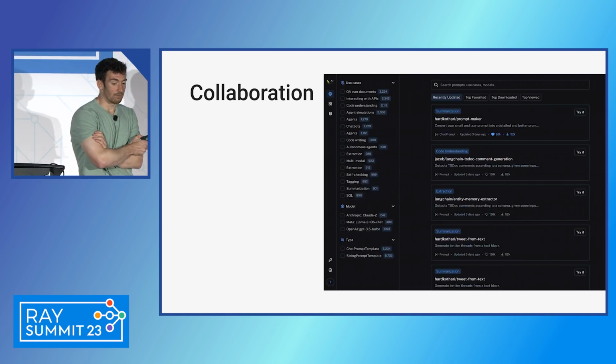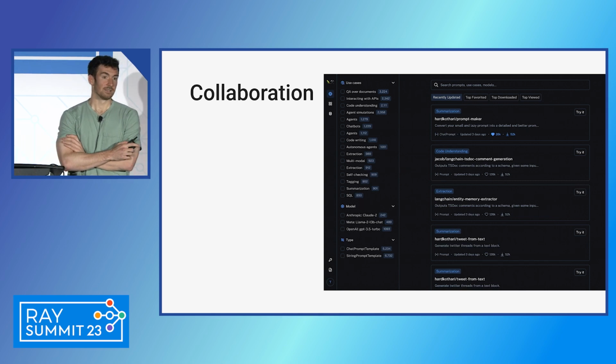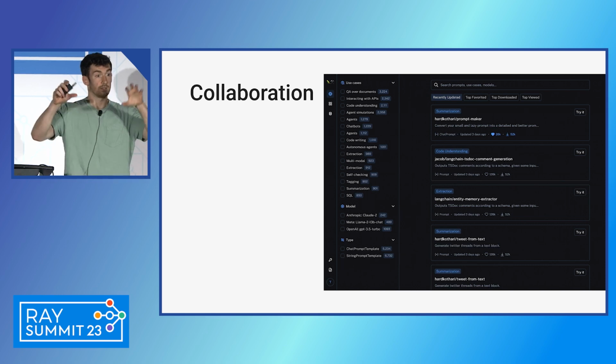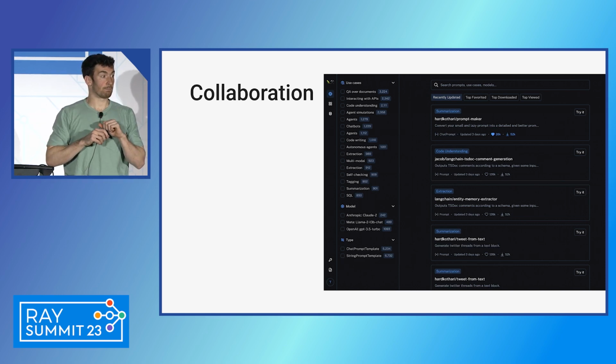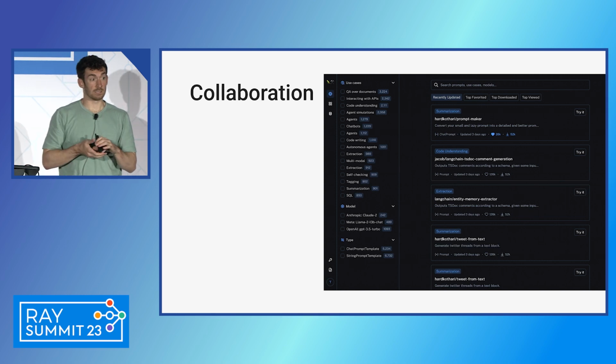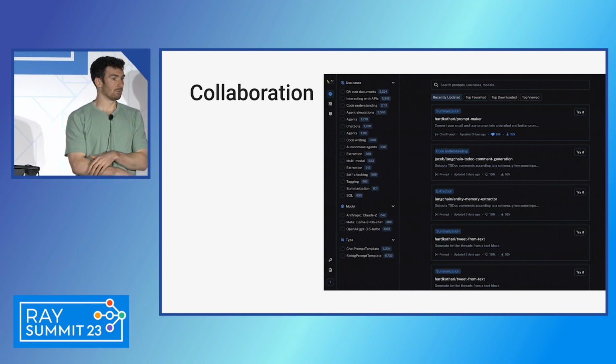The last thing that we've been really, really interested in lately is the collaboration aspect of all of this. So as we see these really complex systems grow over time, we see that there's often a bunch of different teams working on different parts of the system, and there's different people with different skill sets within those teams working on different parts. So as an example of that, one of the main ways that we see this being done is the people who are doing prompt engineering may not be the same as the people who are doing the data engineering. And both of those are the two main parts of any of these systems.